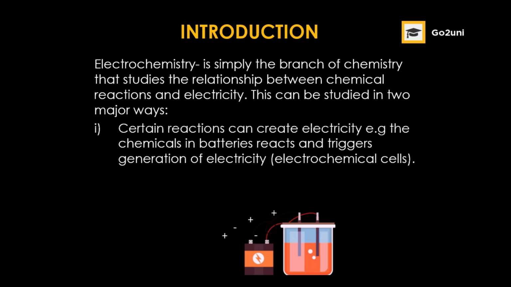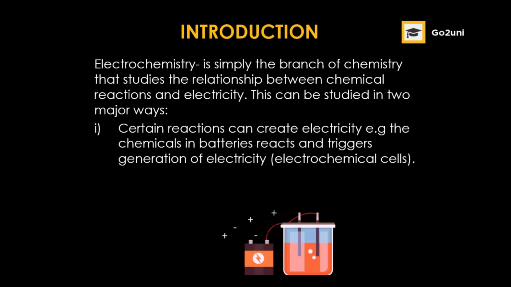What are these ways? The link between chemistry and electricity can be studied from the point of view of chemical reactions that trigger the generation of electricity. And this branch of chemistry is referred to as the study of electrochemical cells. So electrochemical cells are cells that bring about the generation of electricity as a result of certain chemical reactions taking